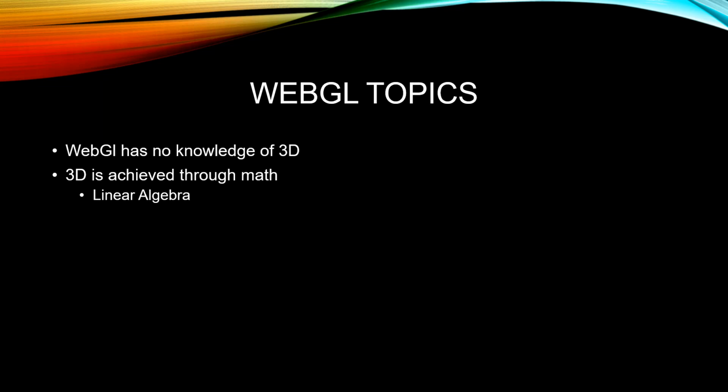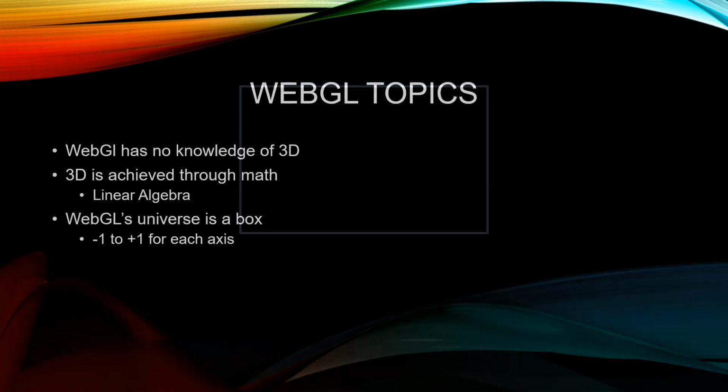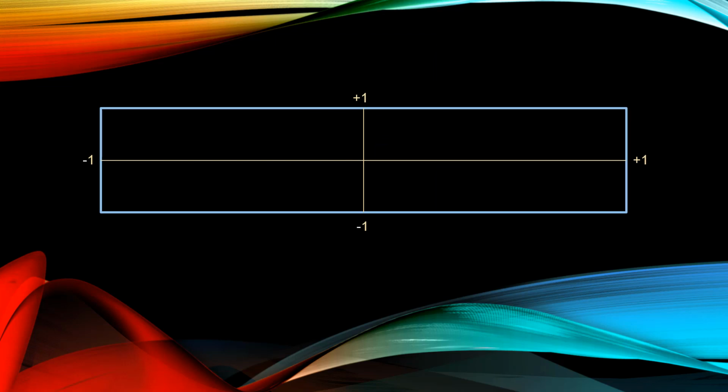Since WebGL doesn't know about three-dimensional graphics, how does it actually work then? Well, it thinks of your screen as a box. The x-axis goes from -1 to +1, and same with the y. They meet in the middle of your screen at point 0, 0. It doesn't matter how skinny or wide your drawing canvas is, it still just thinks of it as -1 to